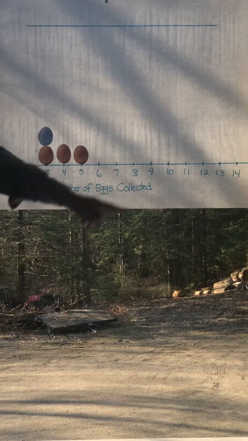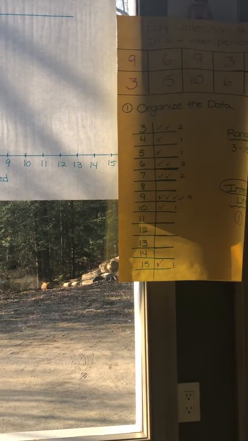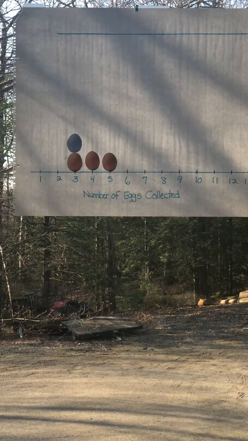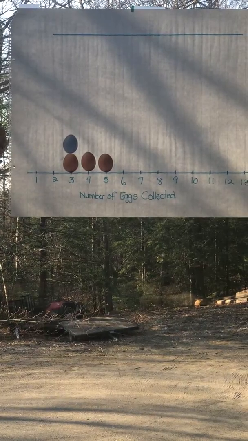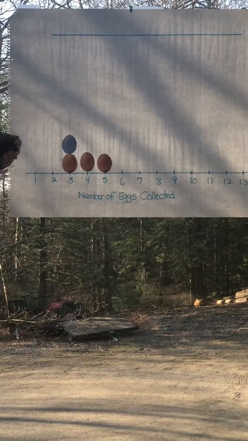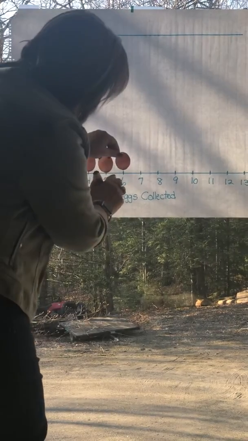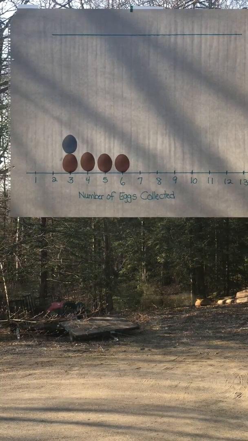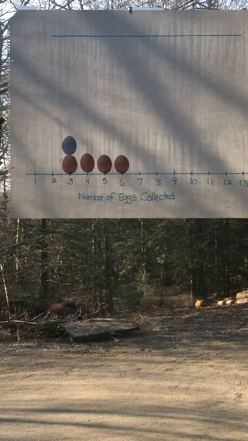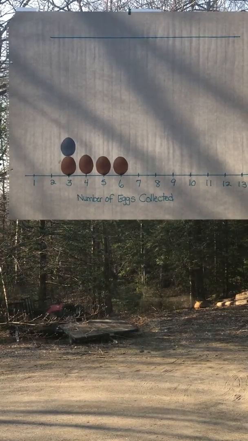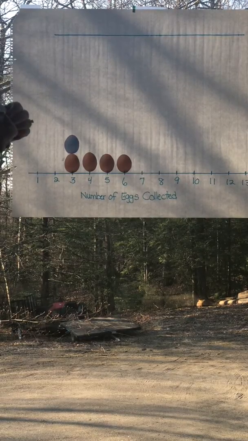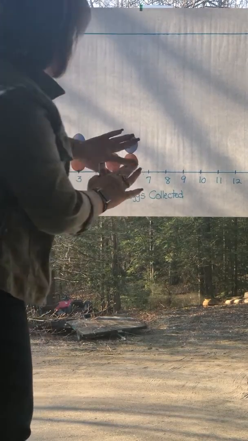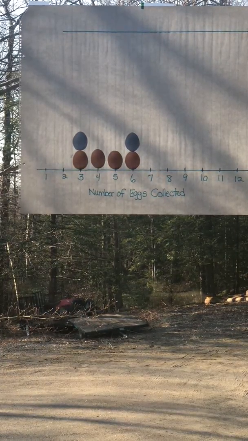And then 6, collecting 6 eggs, there were 2 days in that 2-week period. So again, I'm putting this, and again, you can just use X's. There's no reason to do anything else except I wanted to make it a little brighter, make it a little fun. But when you do this, you're not going to do eggs, but when you make your line plot from your data, you can choose anything you'd like. You can make it fun, or you can use circles, or you can use X's like we did